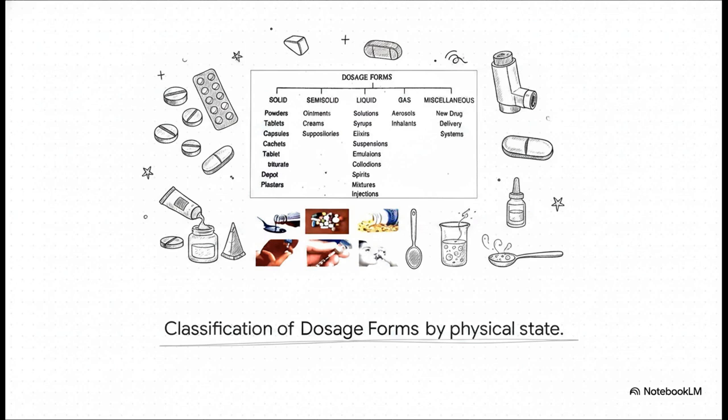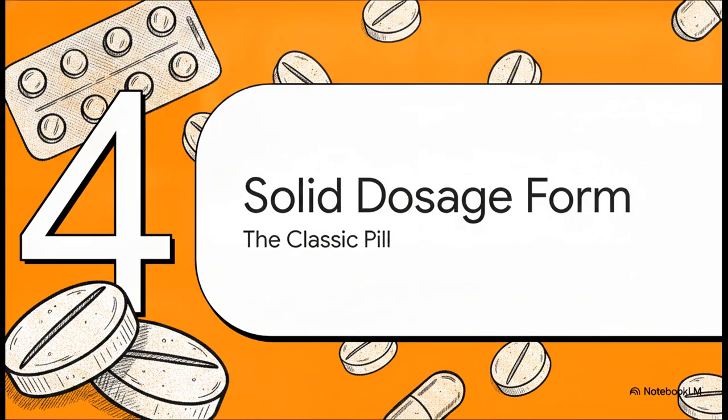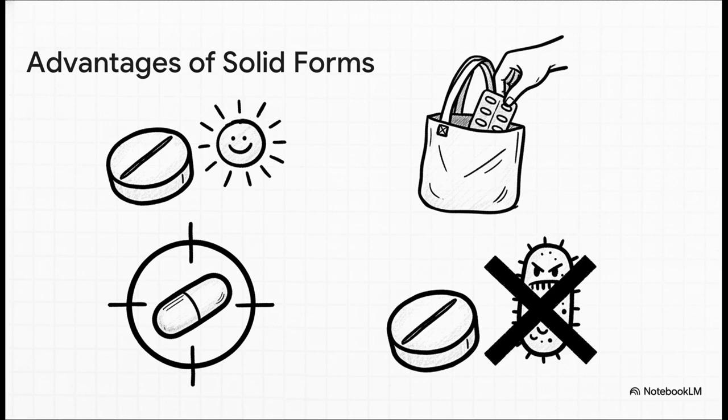We're going to focus on the first 3 branches today to really nail down how physical state changes absolutely everything about how a drug is used. Let's dive into Section 4, Solid Dosage Forms. The classic pill. Starting with the most common branch, when you think of medicine, you probably visualize a classic pill,